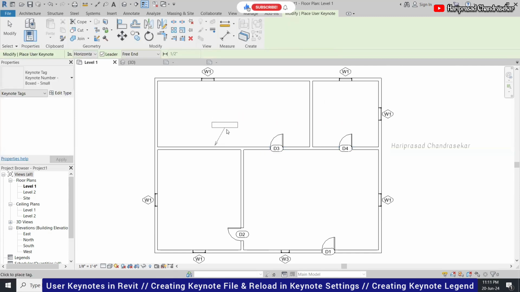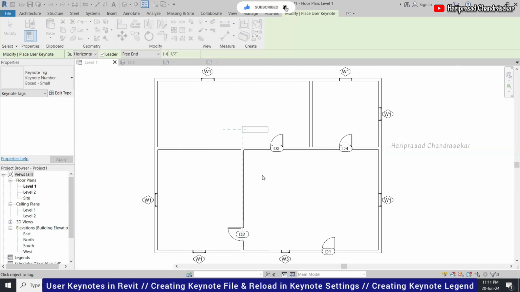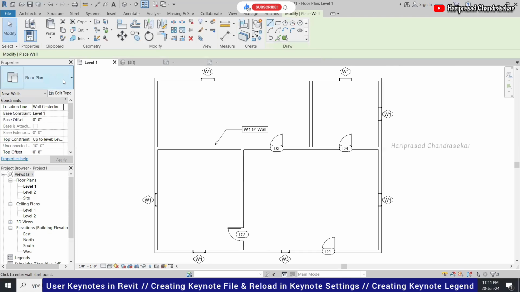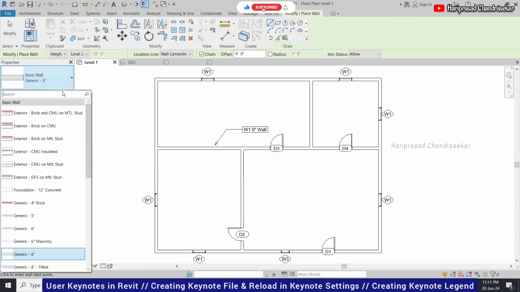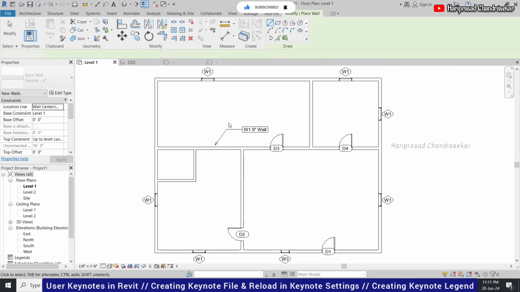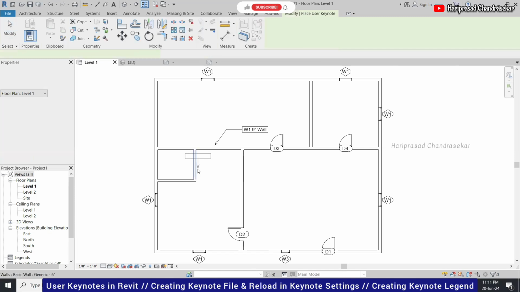For example, this one, you can take as 9 inches wall. But if you have otherwise, if it is having a small wall, like now I am going for user keynote, but here I am just selecting.